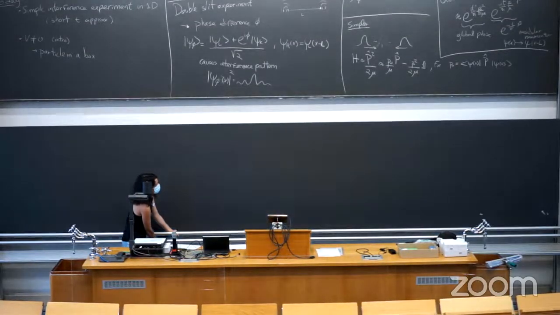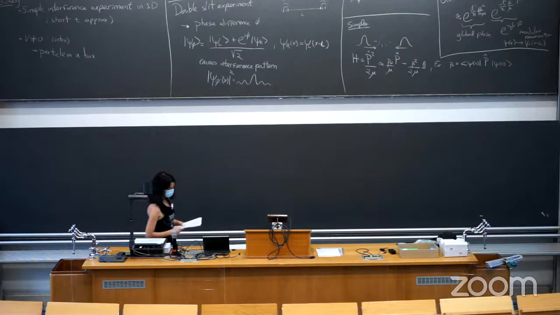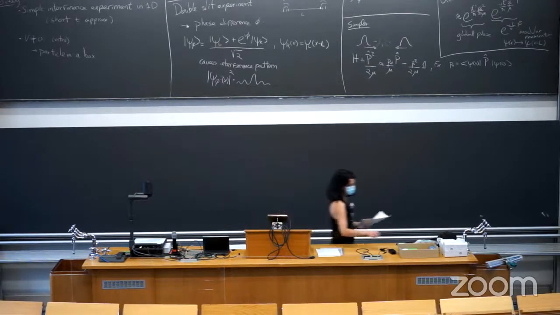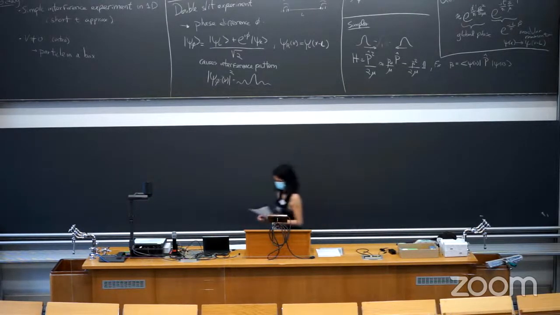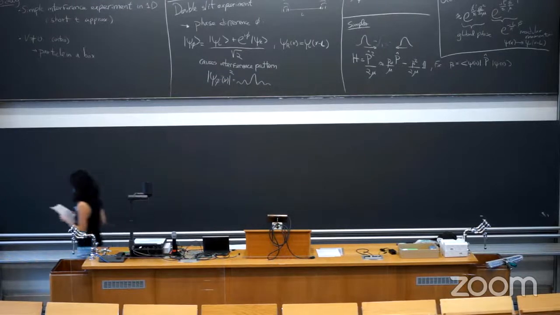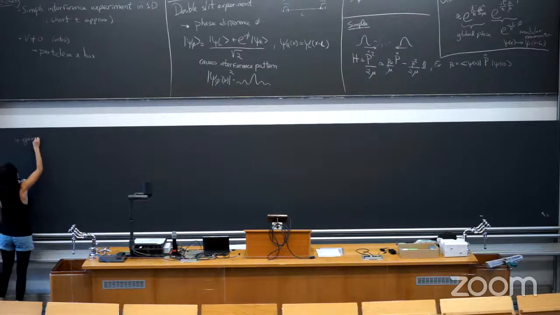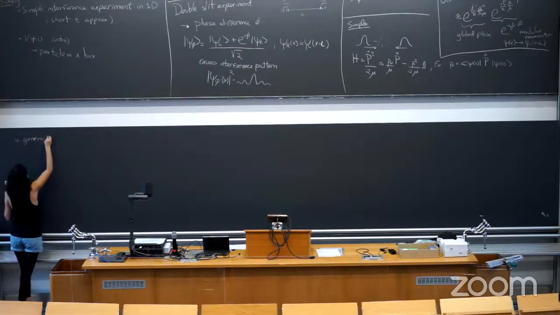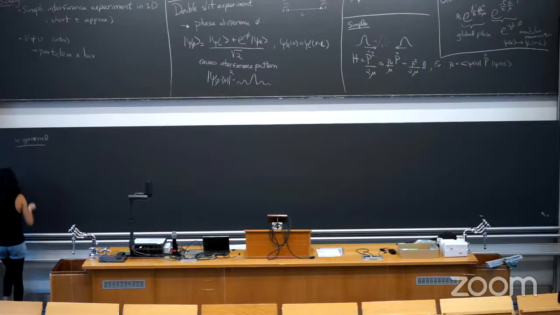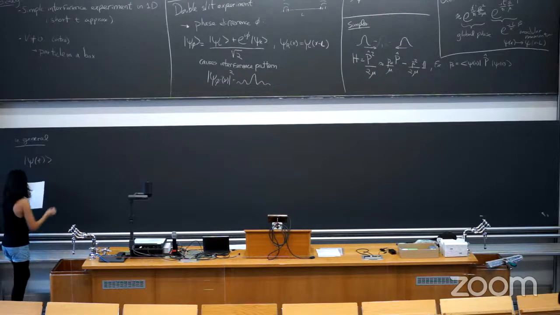This will become more clear when we look at an example. Let's just show how it looks in general. If you have a wave function with a well-defined momentum initially, and you want to evolve it,